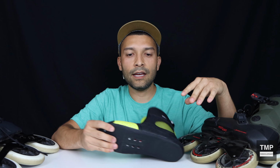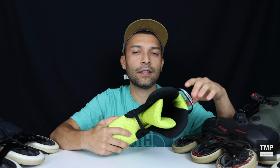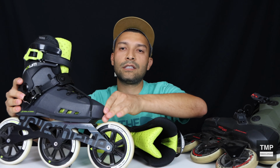But I know that that's a preference of some people where they like the toe at the front. So if you want a little bit more room, then yeah, you would upsize, maybe half a size will get you a little bit more. But keep in mind that Rollerblade makes whole boot sizes. For instance, a 7 and 7.5 share the same boot right here. The only thing that's going to be different about it is the insole,